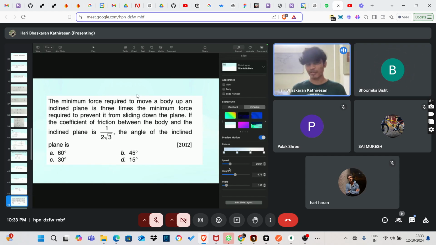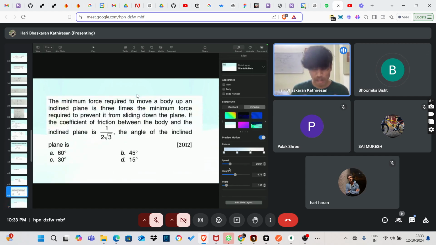Exactly. You draw the free body diagram, right? It's a wedge and a block. So mg sin theta is parallel to the plane, right? They ask for the minimum force required to move a body up the inclined plane, which is 3 times the minimum force. So here there's mg sin theta, and there's friction, which will be equal to